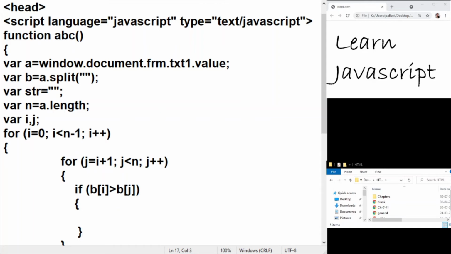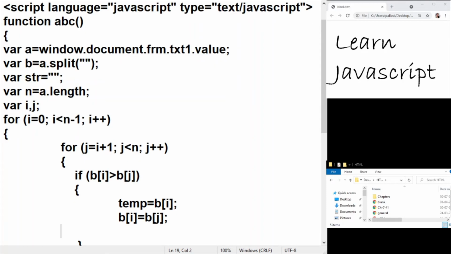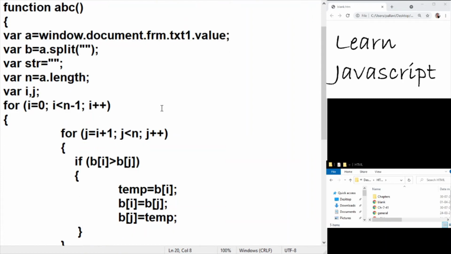So let us create a variable temp which is not declared. So temp will be b of i element. b of i element will be swapped and replaced with b of j, and b of j will be finally allotted the value in temp.